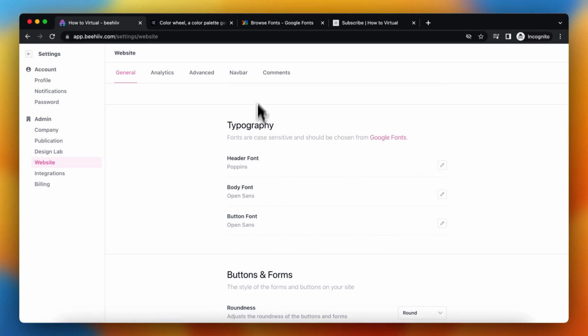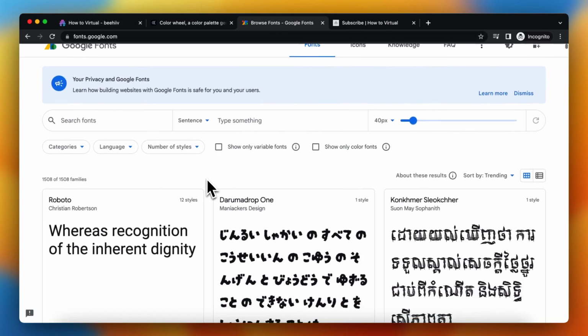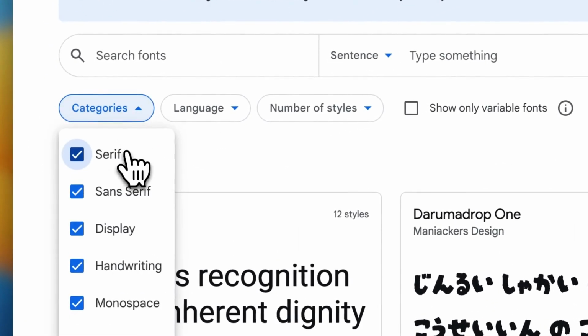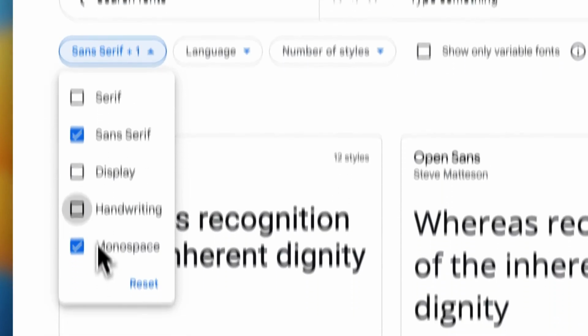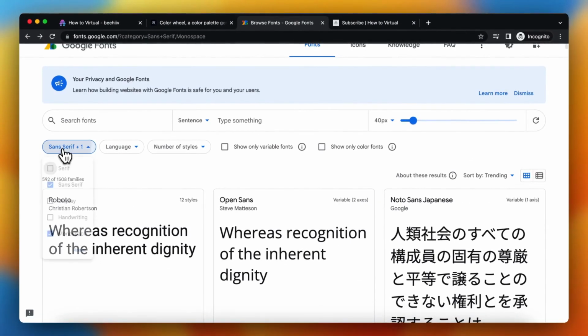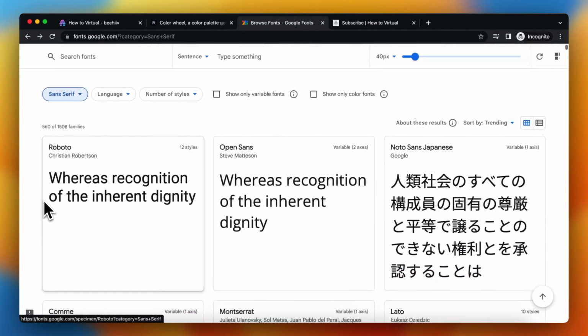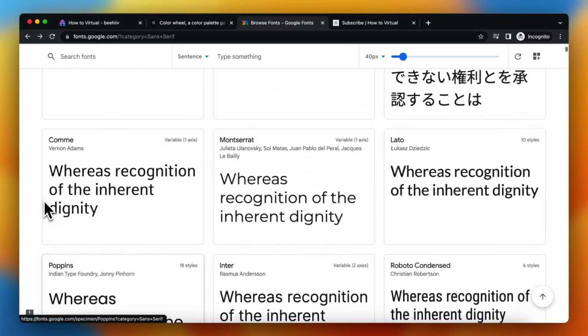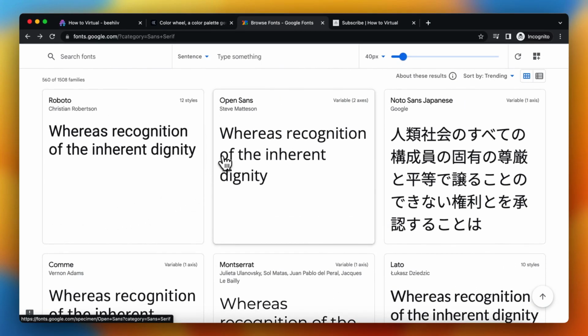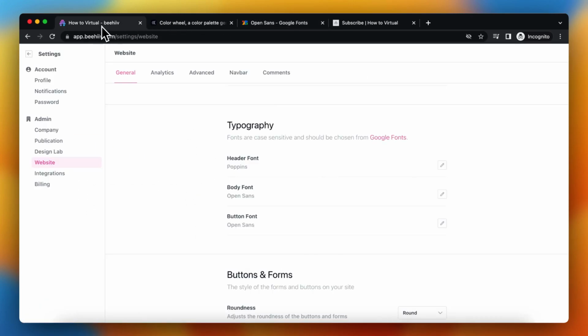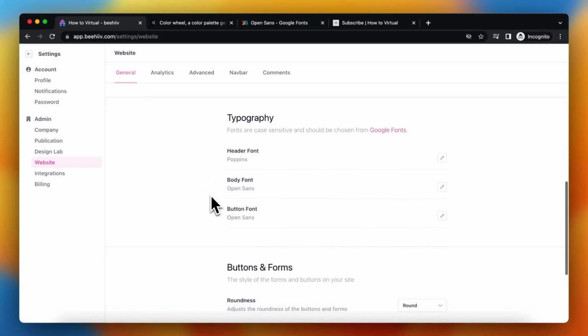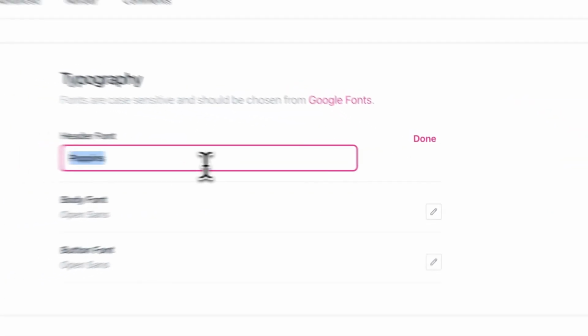The font, you can use Google Fonts for some inspiration. For example, filter it on sans serif. You can get some inspiration. For example, Open Sans, and it's right here. If you like that, you can maybe put this also in Open Sans,